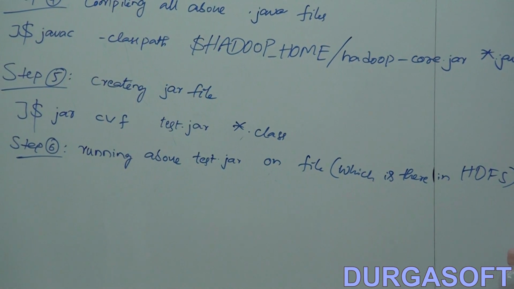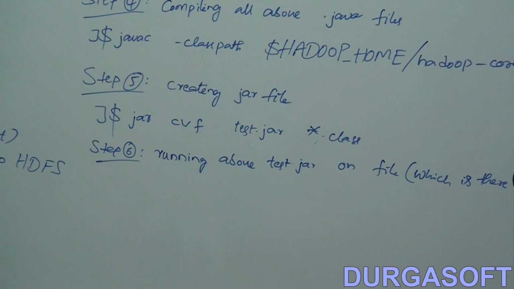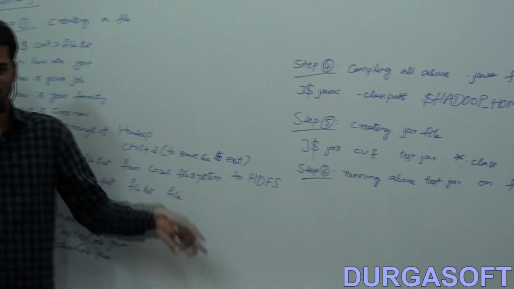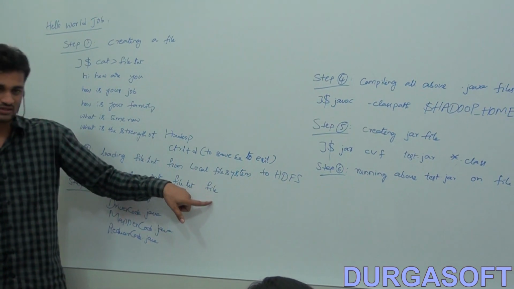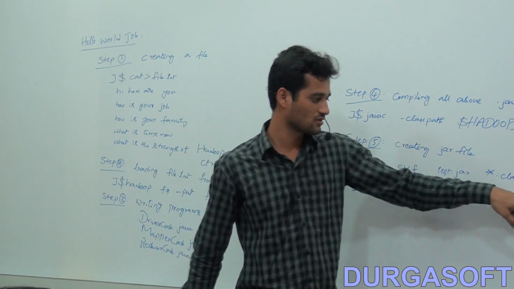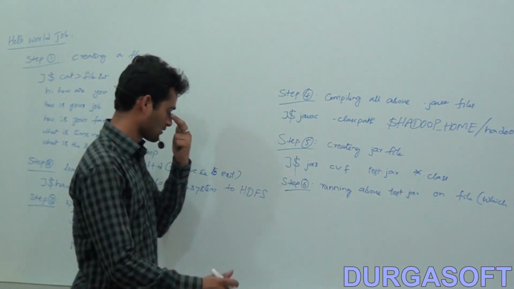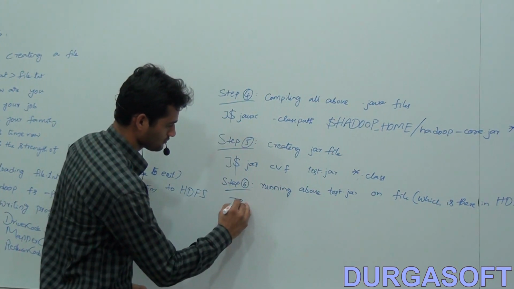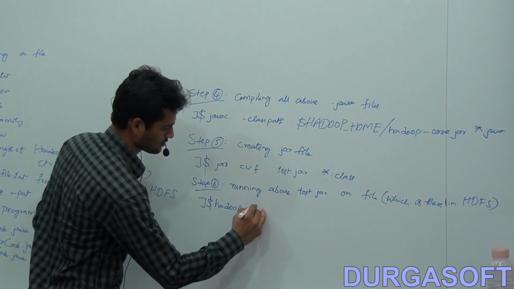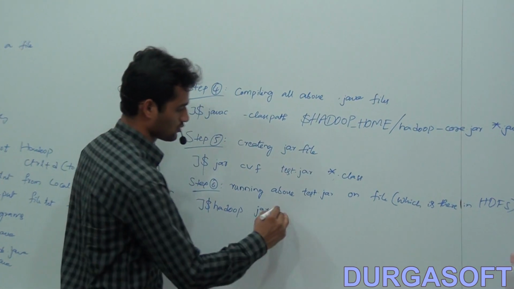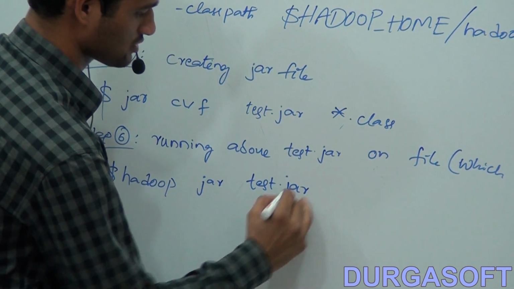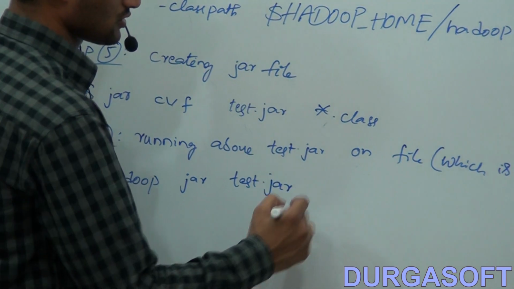Generally, on which file do you want to run your program? The file which you are keeping in your HDFS. Now I have to run this jar file on the file which is there in your HDFS. Fine, so how to run that? hadoop space jar space, what is the jar file? test.jar space, and then,